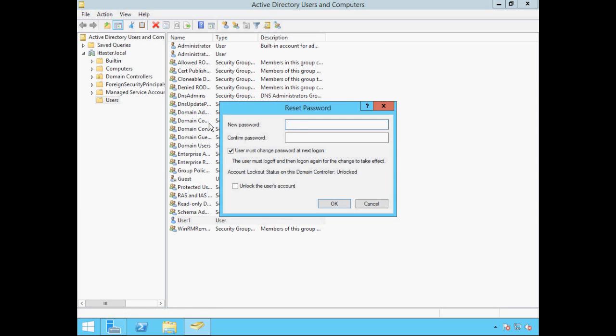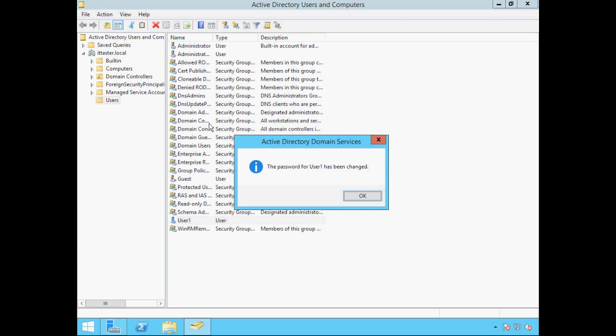But this time I'm going to enter a different password. I'm going to type password beginning with a capital P and a number 5. And this time the password for user 1 has been successfully changed.